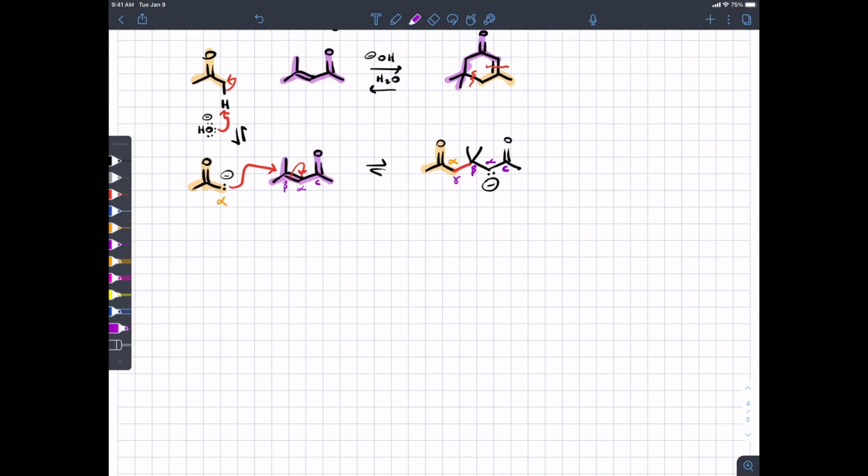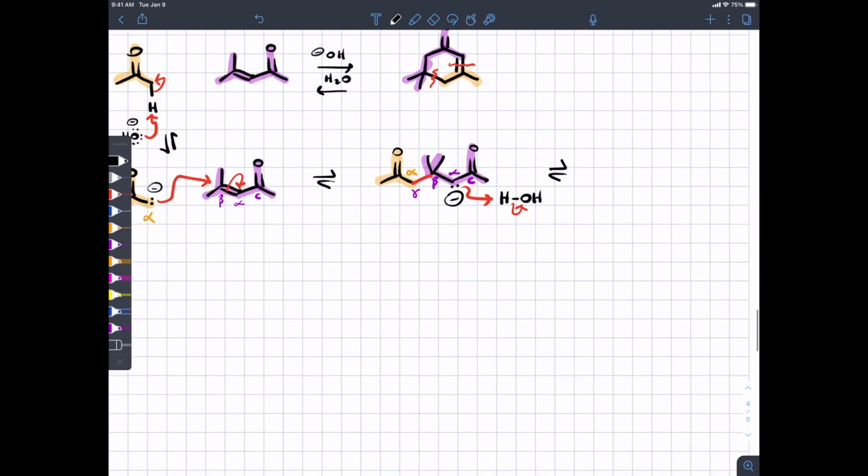We'll label everything. Then we will pick up a proton on purple alpha carbon, probably from water. And that will give us the following